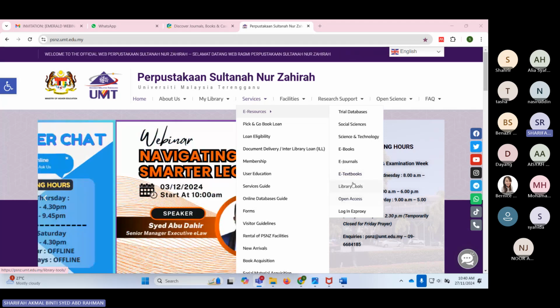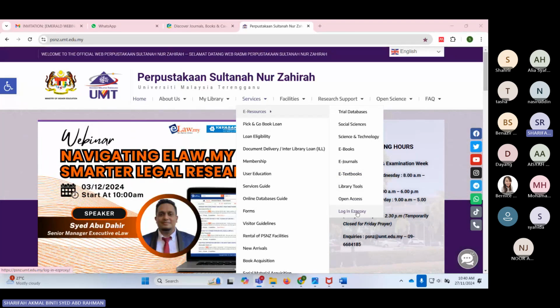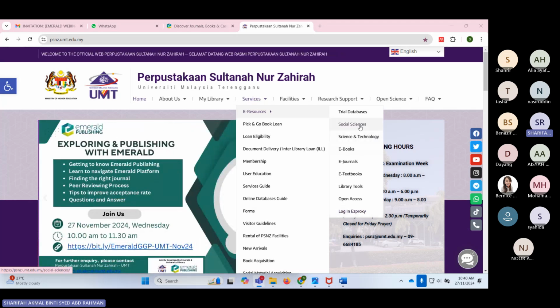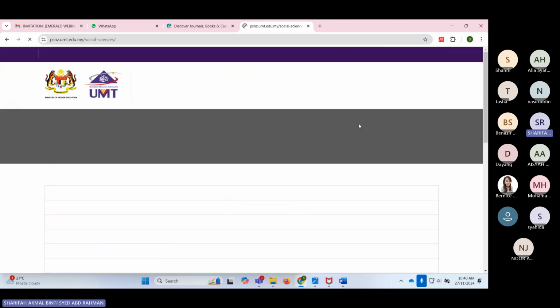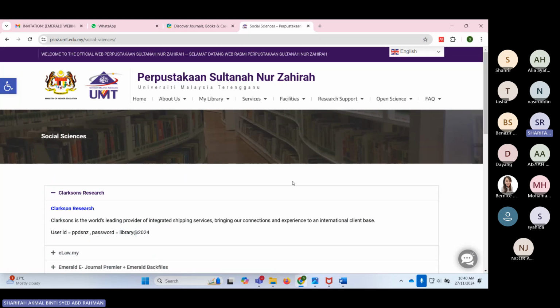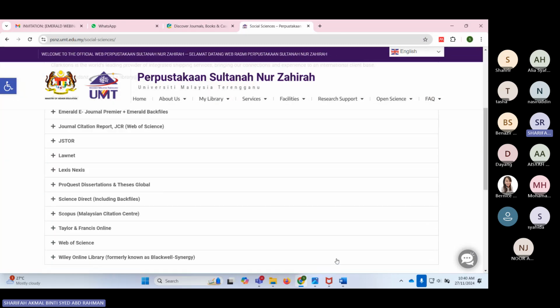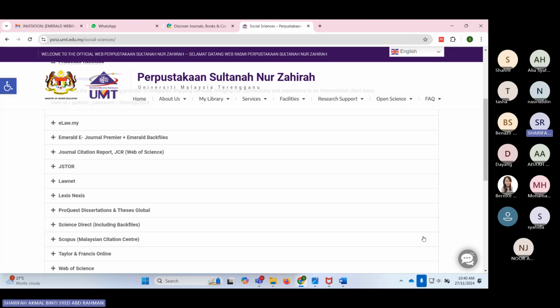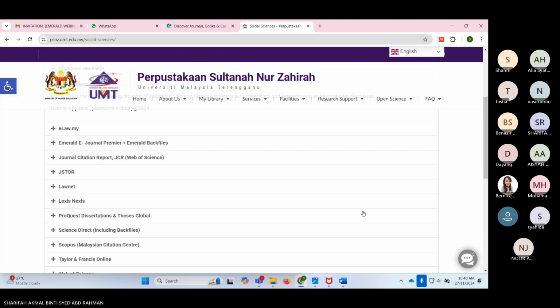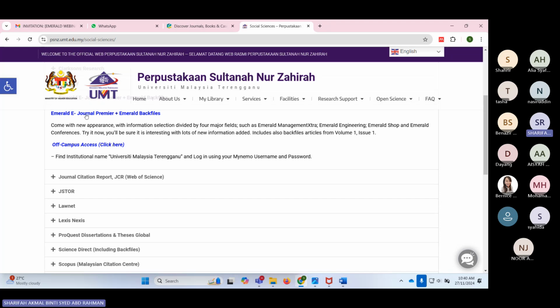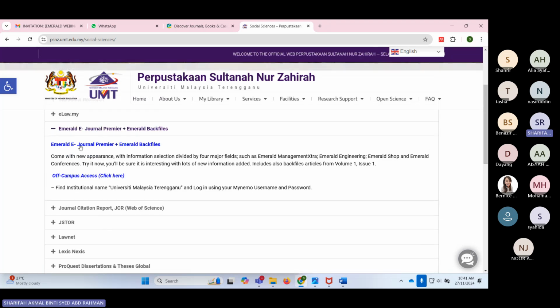And if you are off campus, you have to log in using EasyProxy, or from the databases list. Okay, you can click social sciences and then go to the specific database, for example, Emerald. Okay, if you are on campus, I can just click the Emerald e-journal link here.